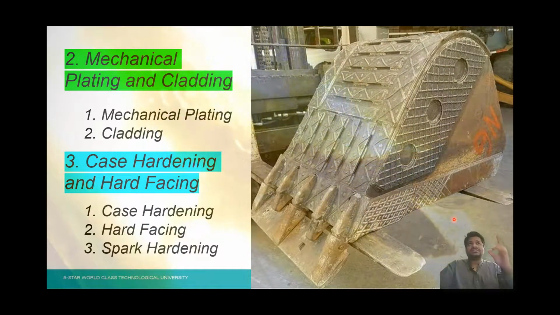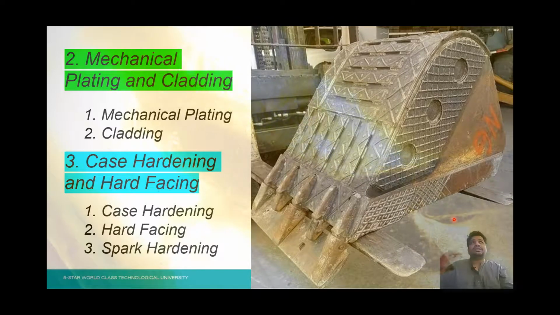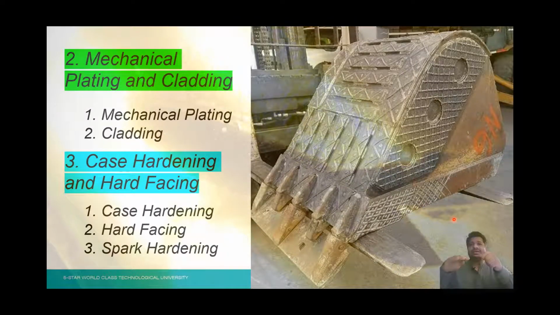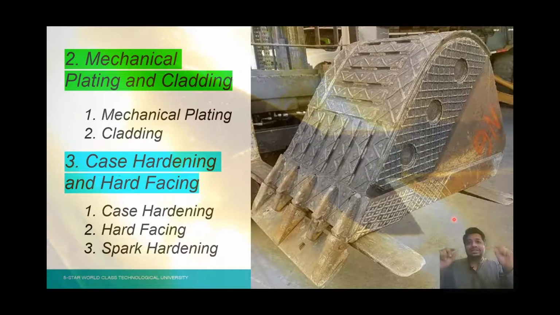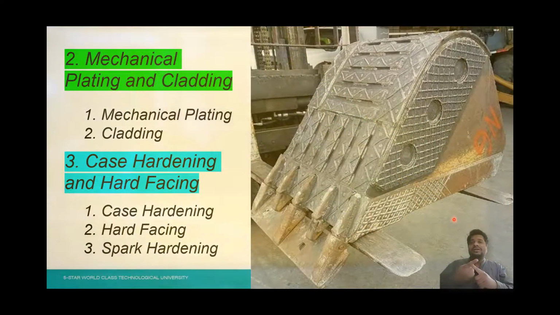Then same goes for hard facing. In hard facing, what happens, as you can see in the picture as well, you've got a crane, okay, and then using a fusion welding electrode, I have basically deposited the fusion welding electrode onto the material. Okay, so that fusion welding electrode can be based on tungsten carbide alloy, nickel alloy, or any hard alloy that will impart hardness to the surface. So basically what you're doing is you're rebuilding the surface so that when this coating wears out once again, you will do the hard facing again. So this was all about mechanical plating and hard facing.